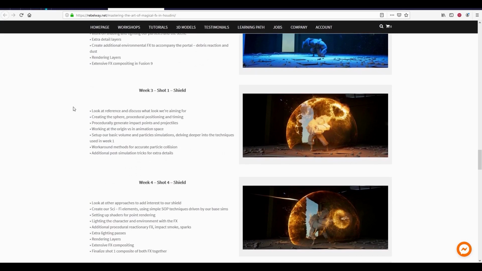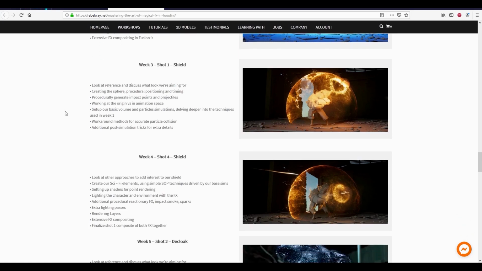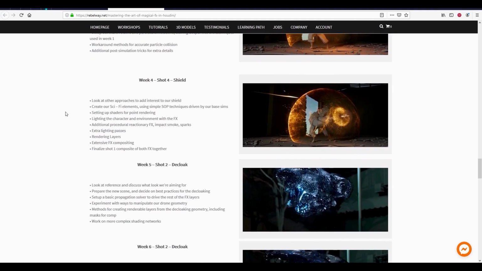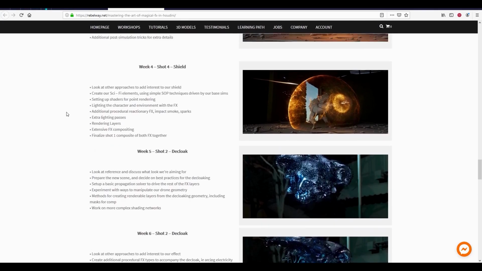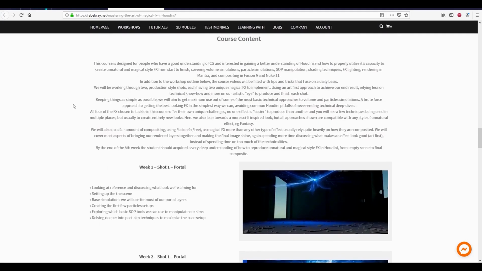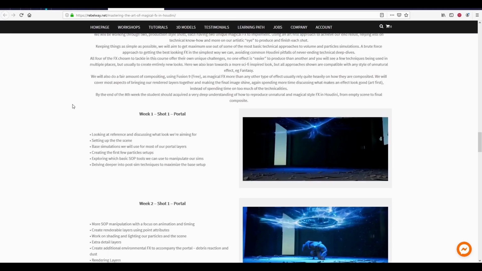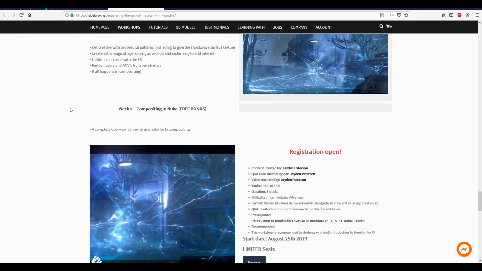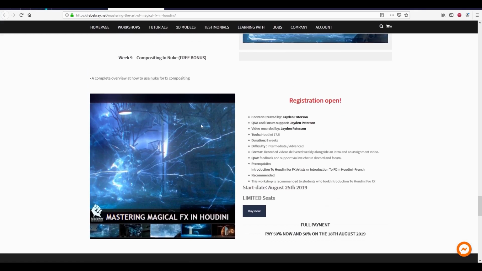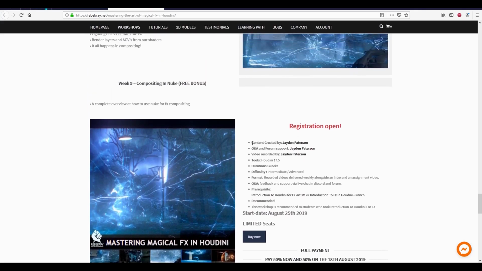And so if you don't feel particularly comfortable in very quickly moving around Houdini, for example, or jumping from one section to another and relying heavily on particles and volumes, then you should consider, if you haven't yet, taking some of the prerequisite courses to get up to speed on that. And so here in the course on Rebelway, the prerequisite is Introduction to Houdini Effects Artists, or Introduction to Effects in Houdini,